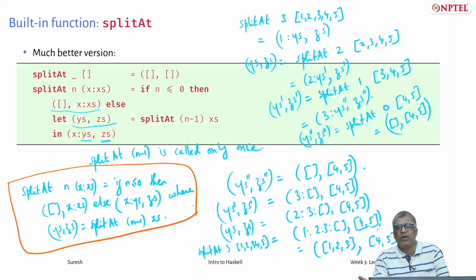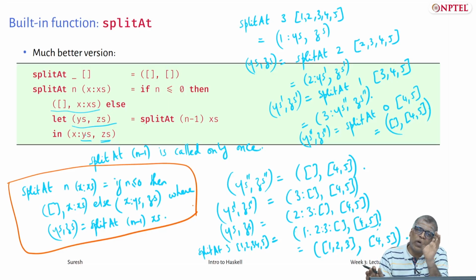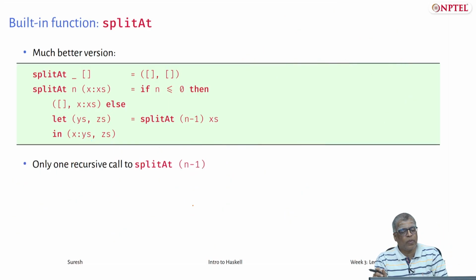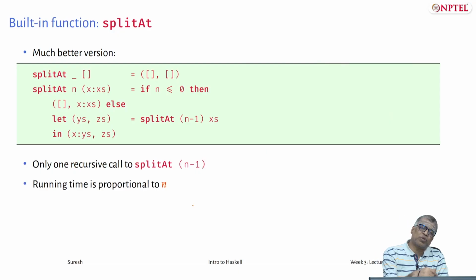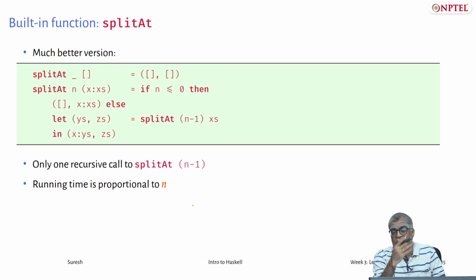It's a very useful function. Many a time you will not just want to use take or drop, but you want to split the list at some point, with the first elements in one part and the remaining elements in another part. Okay, fine. So we even did the simulation. Clearly this takes time proportional to n, because you just make n recursive calls. By the time you reach split at 0, you will compute some value and start propagating the results back.